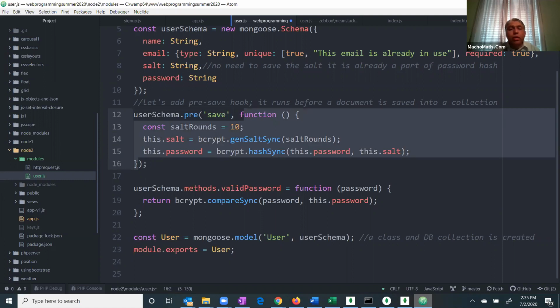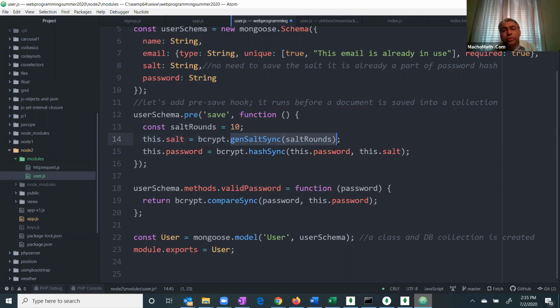Run what? Run this function. What is this function going to do is that it is going to generate salt, and then it is going to use this salt along with the password to generate the hash. And for that purpose, we need to have another module for us, right, which is bcrypt,